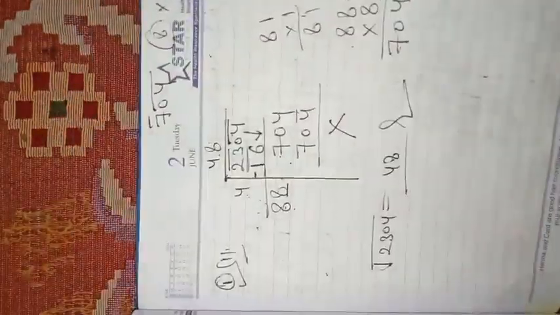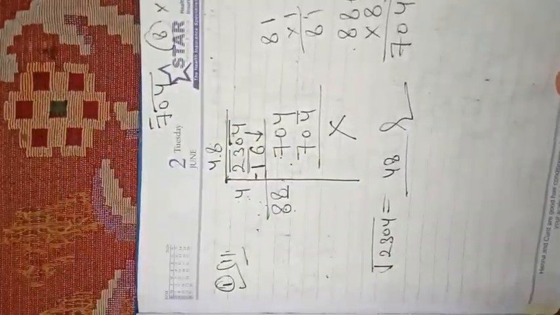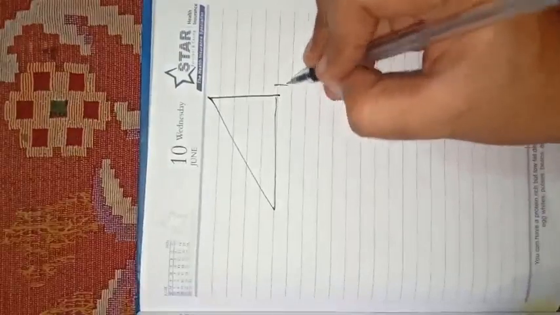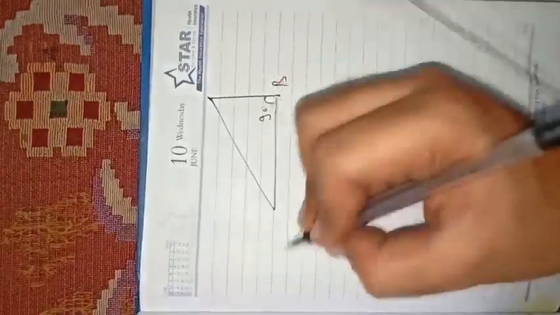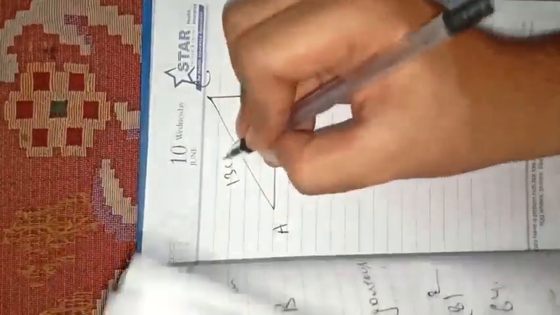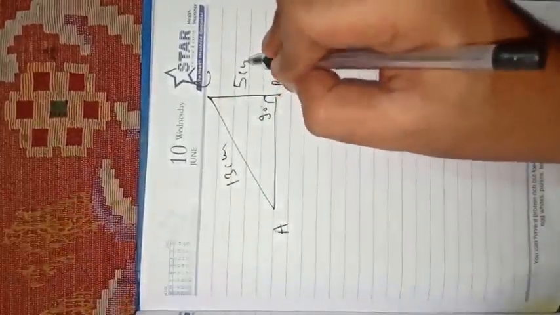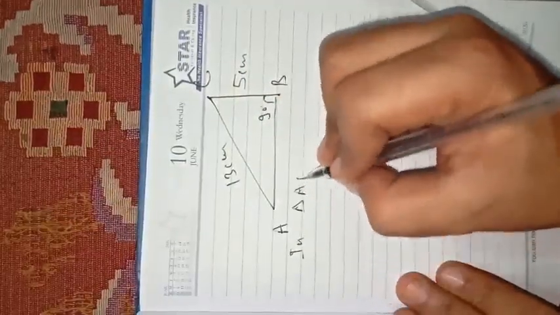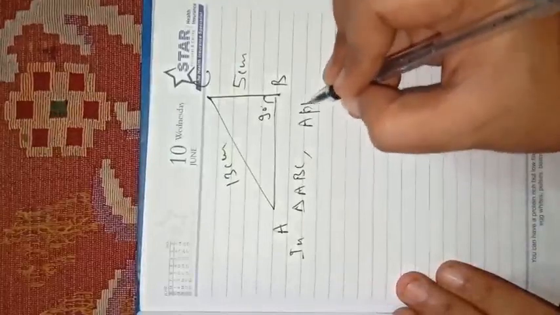AC we have calculated. And there is another part of this question in which they might be asking for something else. AC is given, BC is given, find AB. So let us draw another triangle ABC again on this page. Angle B is 90 degree, okay. A and C we can write anywhere. We have written AC is 13, BC is 5 centimeter. Calculate AB. So again in triangle ABC, apply the Pythagoras theorem.